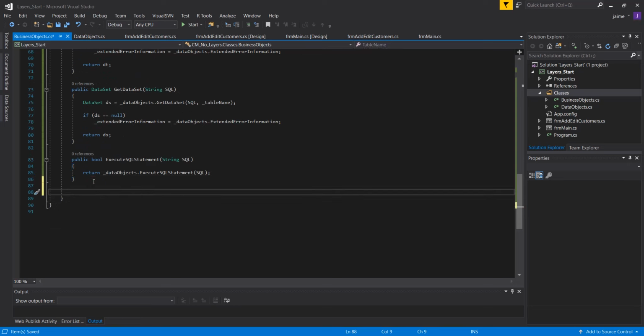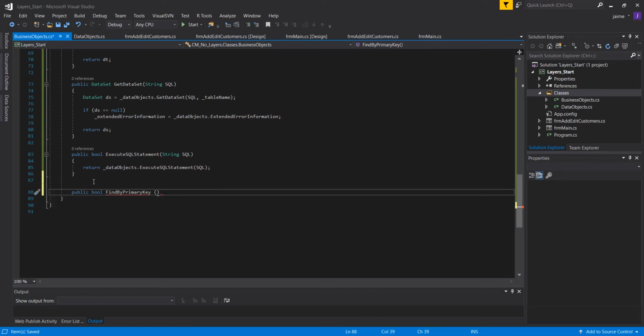And last but not least, we're going to do the same thing with that find function. So we're going to call this one public bool find by primary key, and we are going to accept an ID. That would be the number, the actual value, and then a column name. And the reason I do this is I want this to be as generic as possible. This is a helper function, and this helper function should work with customers or with whatever object we create that